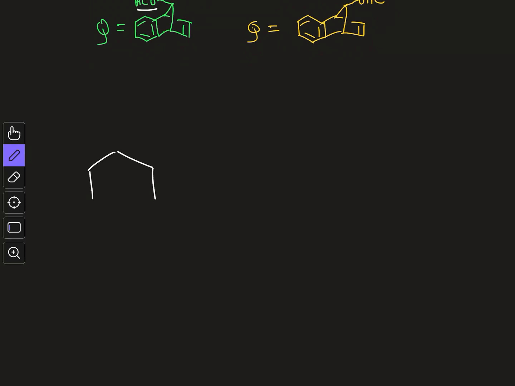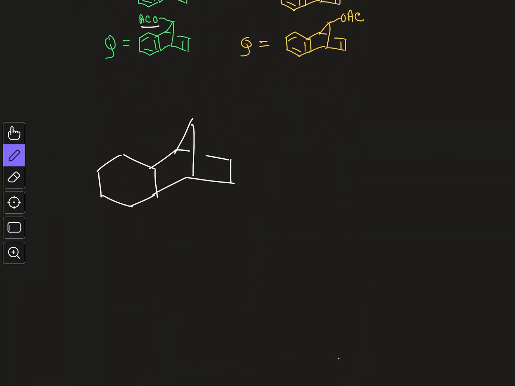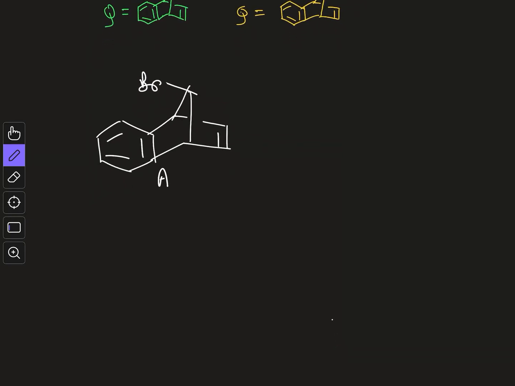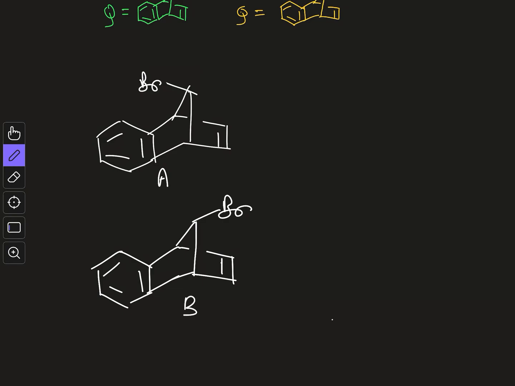So one is given as this one, here we have this thing, and this I am drawing for A. So in A we have this bromine on this side, which is a leaving group, and here we have this benzene ring and this double bond. And in B we have the other isomer. All the things are the same, just the bromine is on a different side. So here the bromine is on this side, and this is our B. So the first question would be whether they will react at the same rate or not.